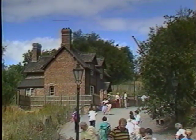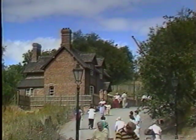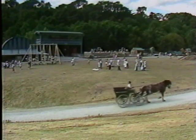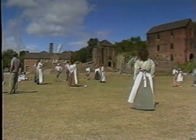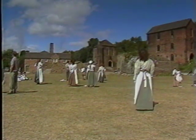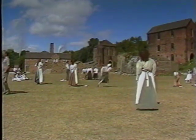At Blists Hill Open Air Museum, visitors step back in time to a living community of the 1890s. The entire area is rich in the remains of Britain's early industry. From the mid-16th century, the gorge was an important coal mining area, and in 1709, Abraham Darby first smelted iron using coke instead of charcoal as his fuel, paving the way for rapid growth of the iron industry worldwide in